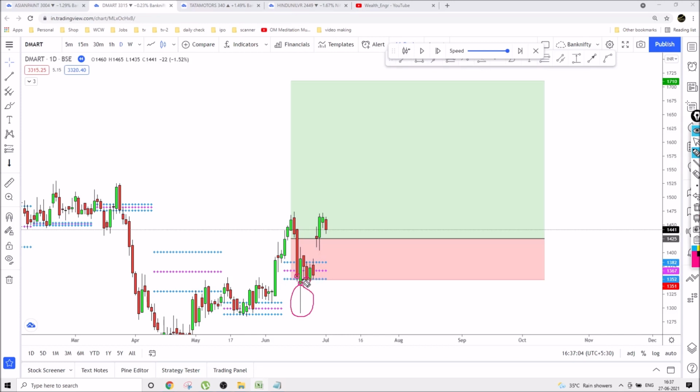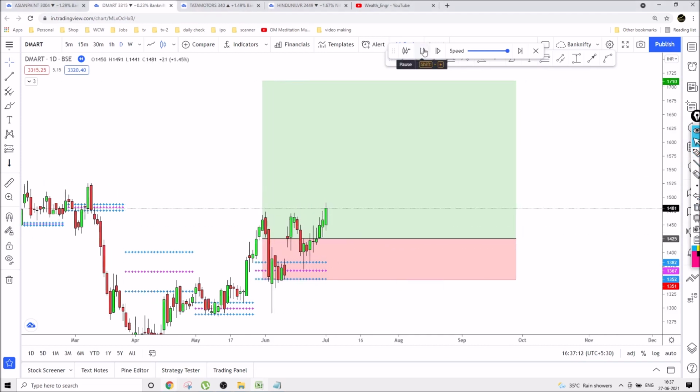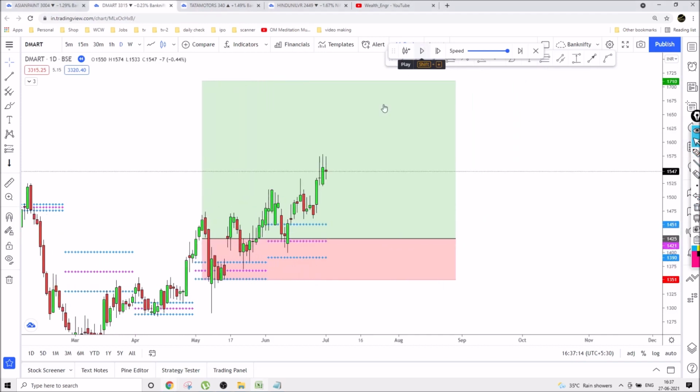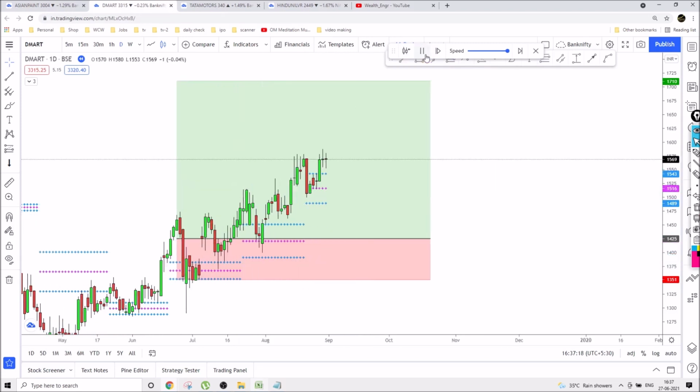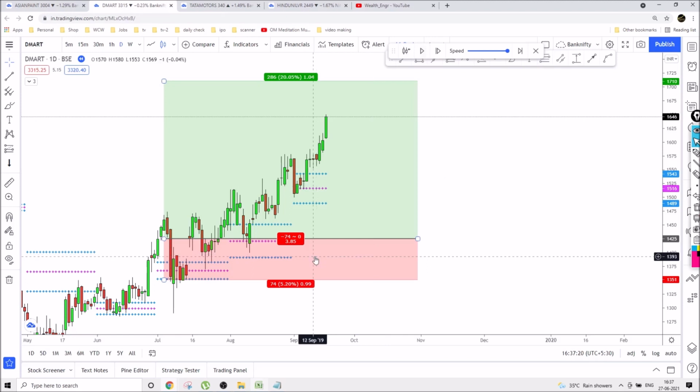So even this candle has not hit your stop loss. Okay, it has to close below BC. It has not hit your stop loss. So still you are riding the profits. Let's see. Next day you have got a huge return. Next month, yeah, now you entered into September month.